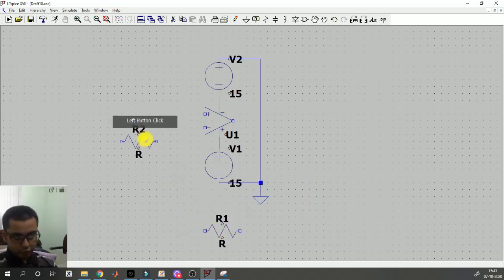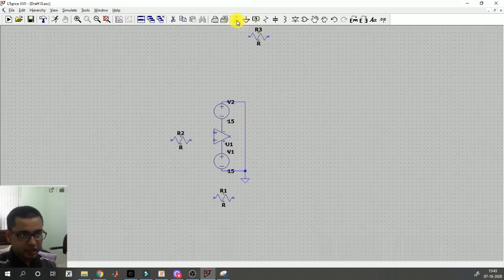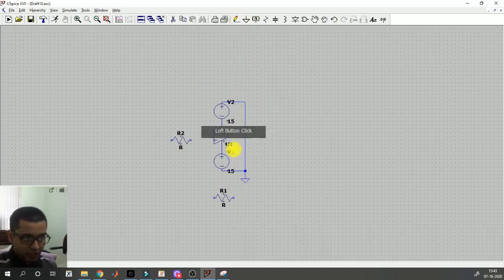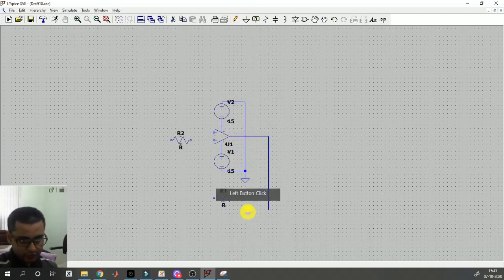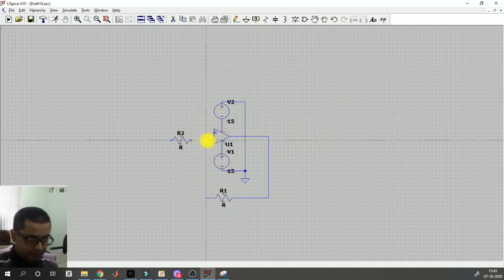I will put one here, another here, and then with a wire I will connect the output of the op-amp to one end of this resistance. The other end I will connect to the minus input terminal of the op-amp like this,